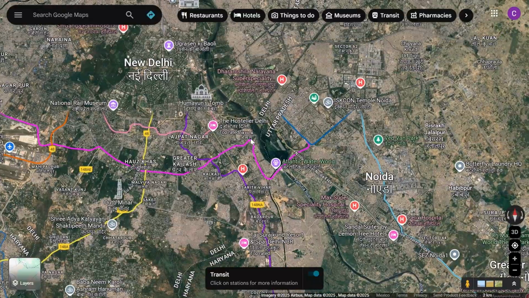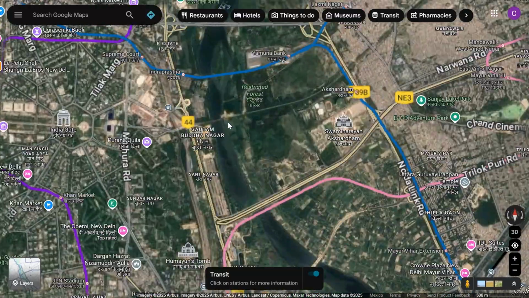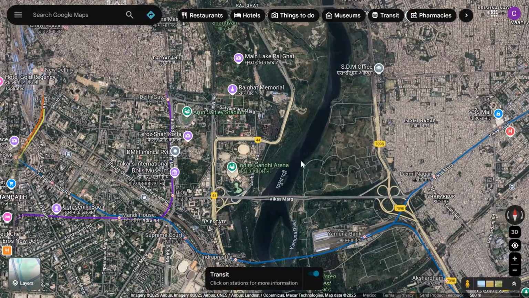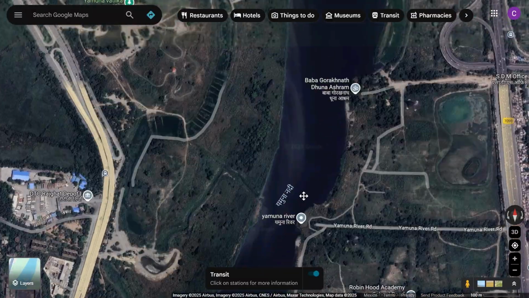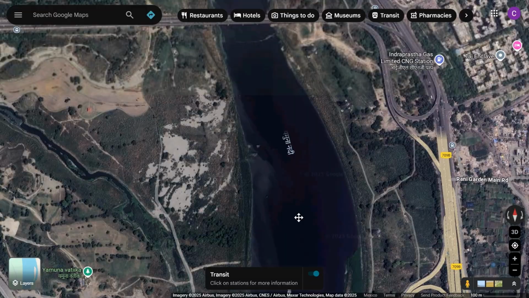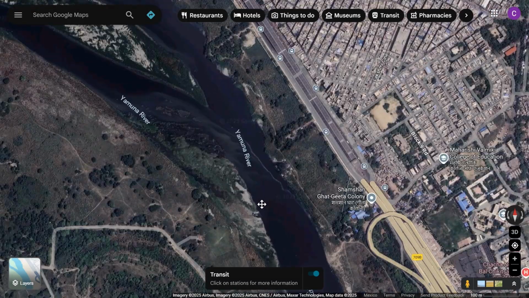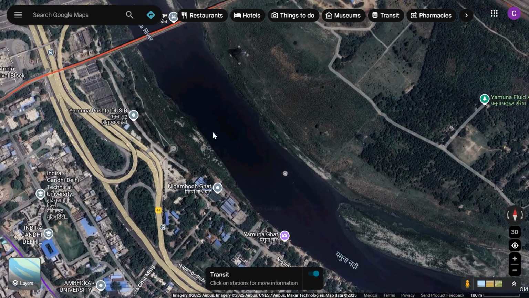Now let's focus on the Yamuna River. I was surprised to see that, unlike in many other cities, the river does not form a focal point of the city. Most of the riverside is actually empty space, which I would like to think they use as